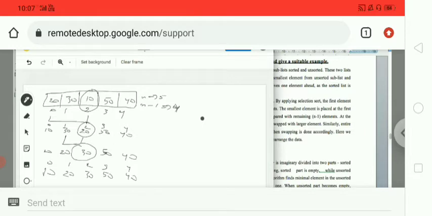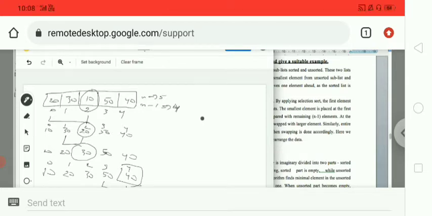Now we have to check the next smallest, that is 40. Now we have to swap this element into the next index value, that is 30. So I have to swap the 3rd position element and the 4th position element. After that, 20, 30, 40 and 50.